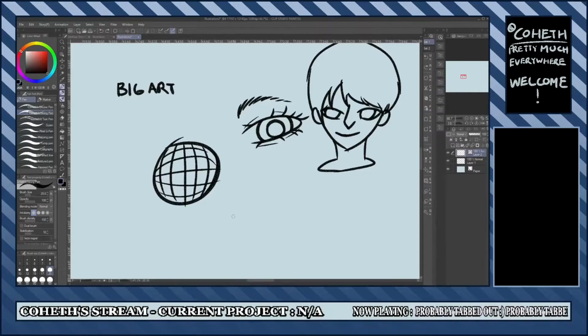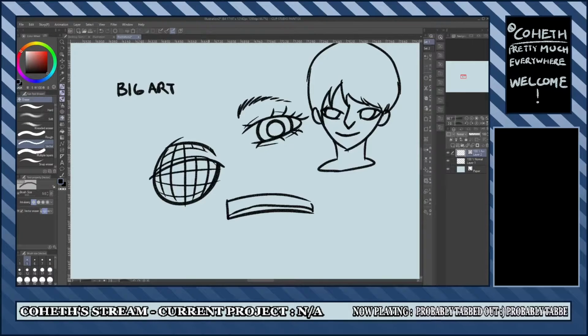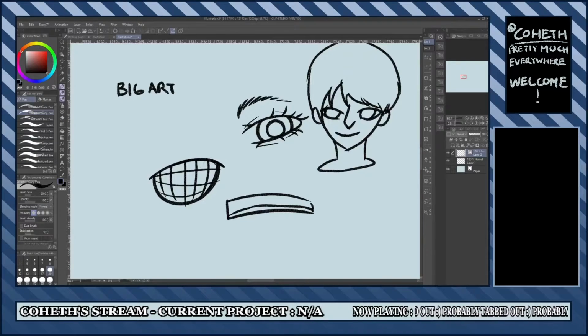It is a plane, right? So it is a plane with thickness that we are slapping over the eye. Up my eraser size here. And because it's going over the eye, that's what gives it its rounded shape.